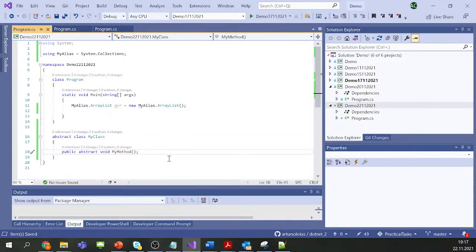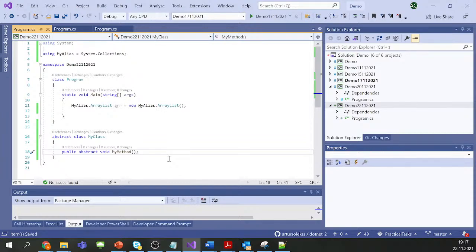It can have abstract methods. Apart from that, no other differences. All the same rules as we have for the usual classes. And abstract classes can be used as the superclasses. And that's why we do not define them as sealed. And if the abstract class is used as a superclass, it means that we must implement all the abstract methods